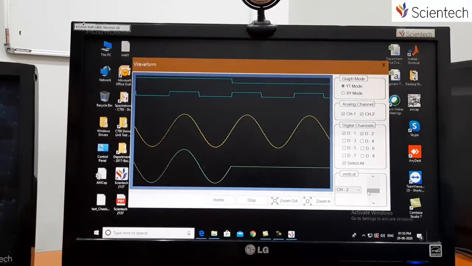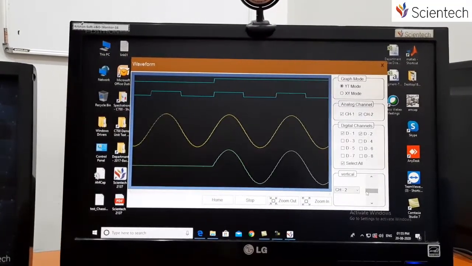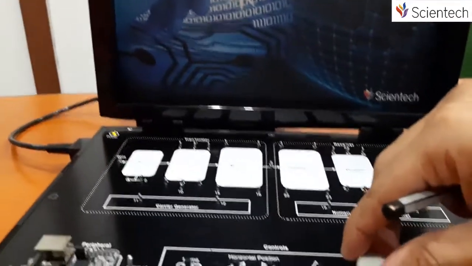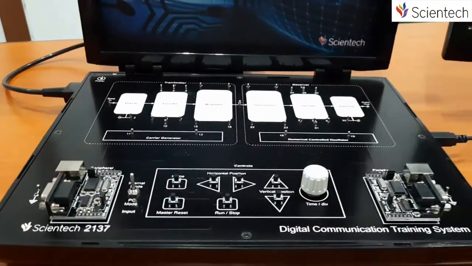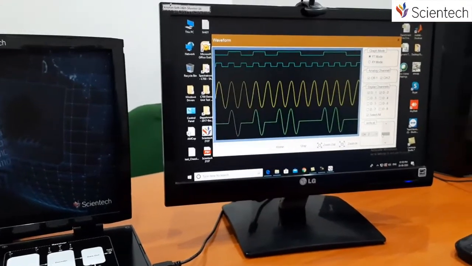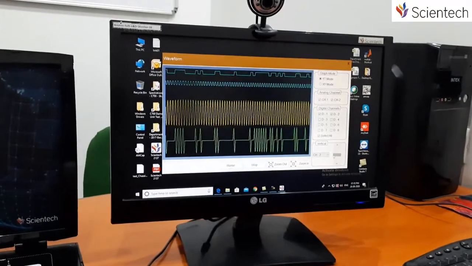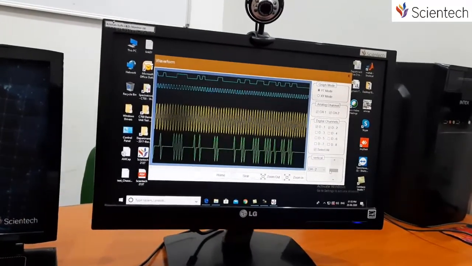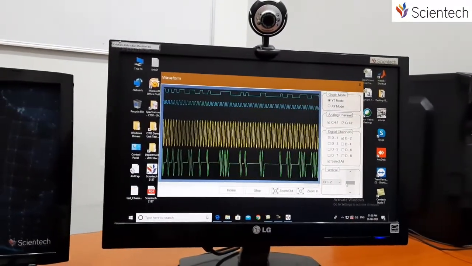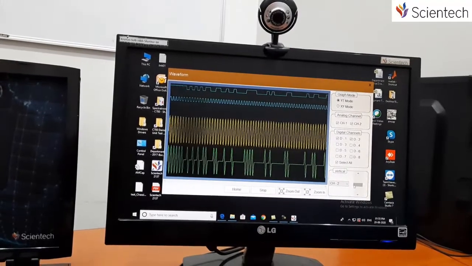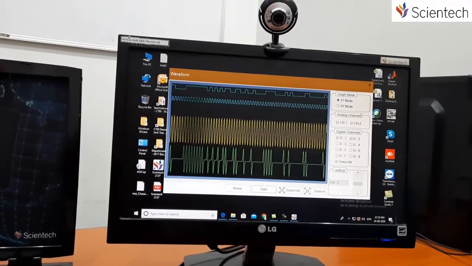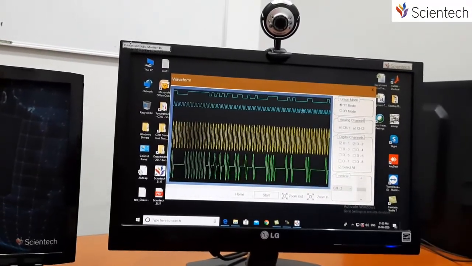In order to change the time base, we have to go into the textbook, and then we can see that in the textbook we have provided the encoder. We can change the movement of the encoder, and we can see that by changing the time base, the way we change it in a digital storage oscilloscope, we can bring the signals on the screen. Here we can easily stop the signal, and then we can see that with respect to the data, the ASK modulated signal is coming.